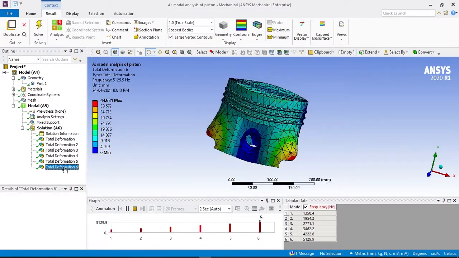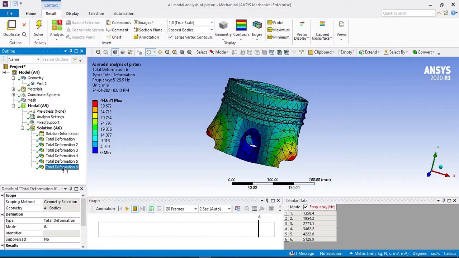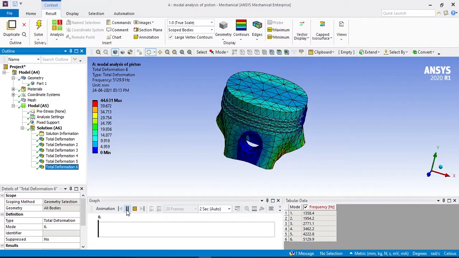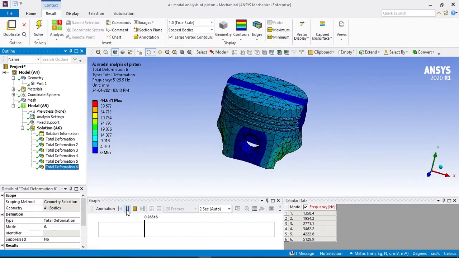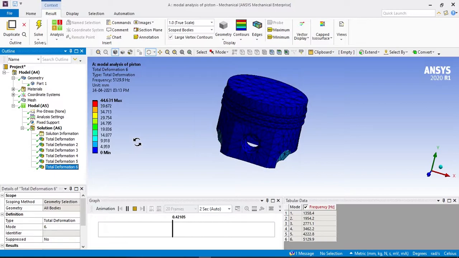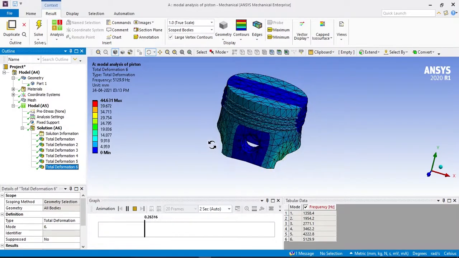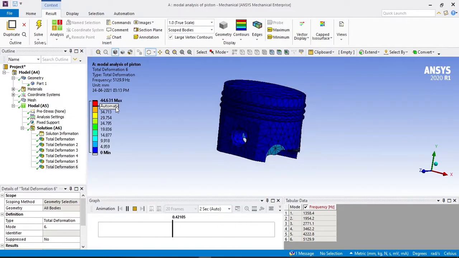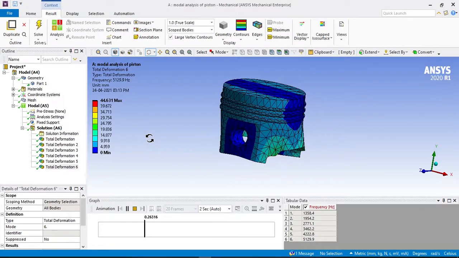Now click on total deformation 6. Now for 5129.9 Hz, our piston will behave like this. And the displacement is 44.631 mm, which is again quite large.